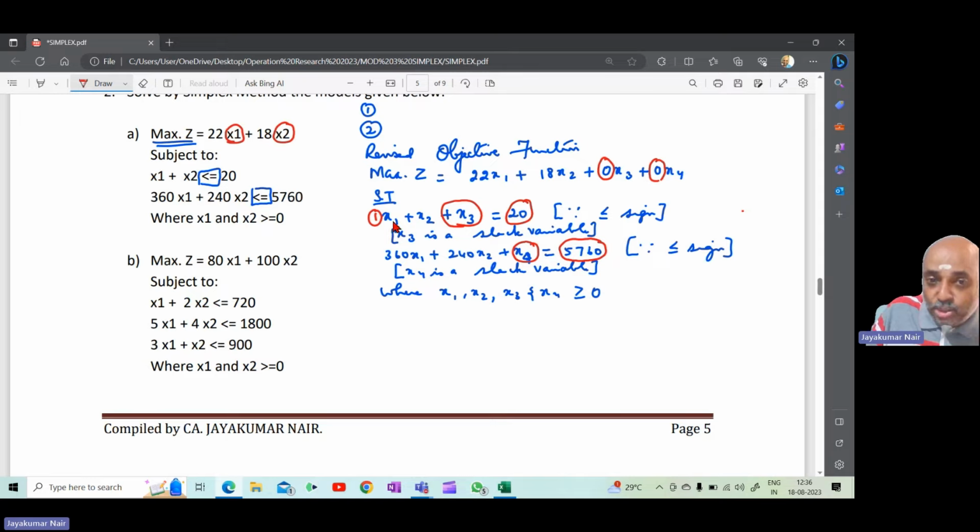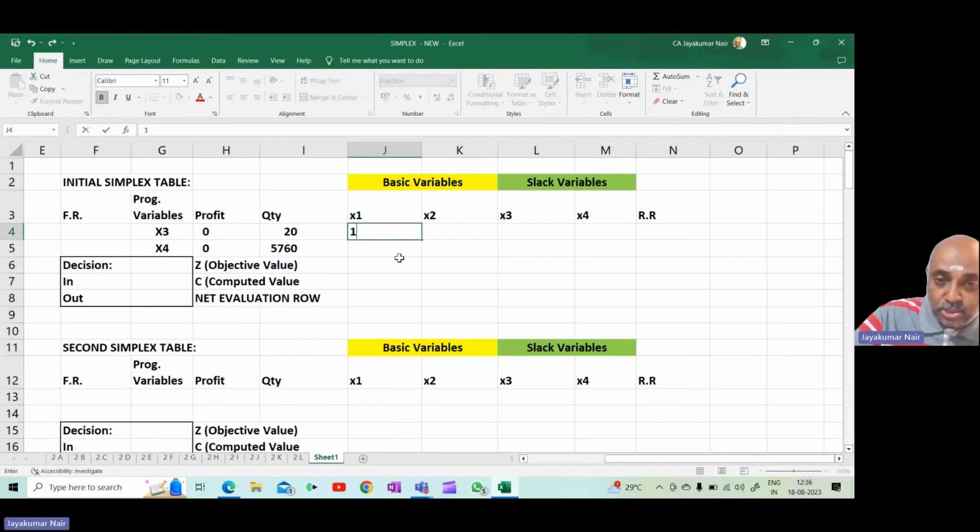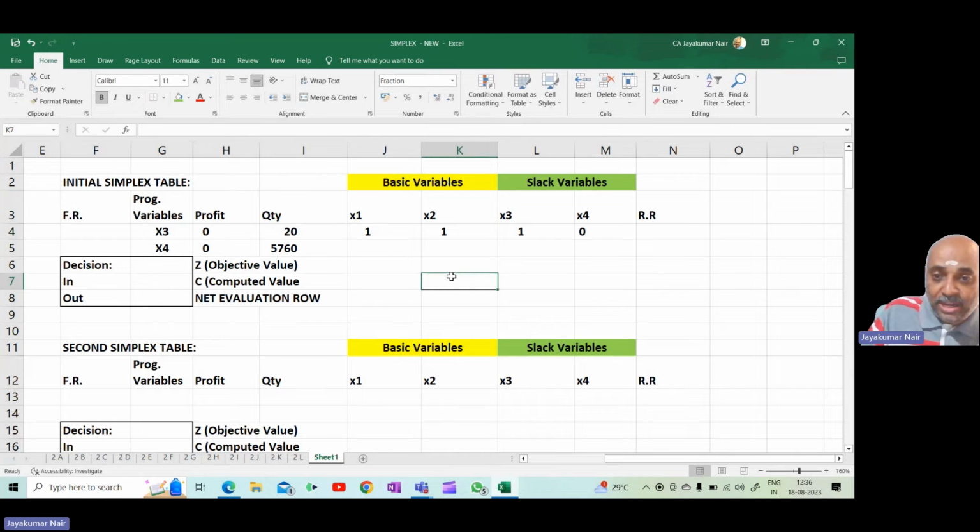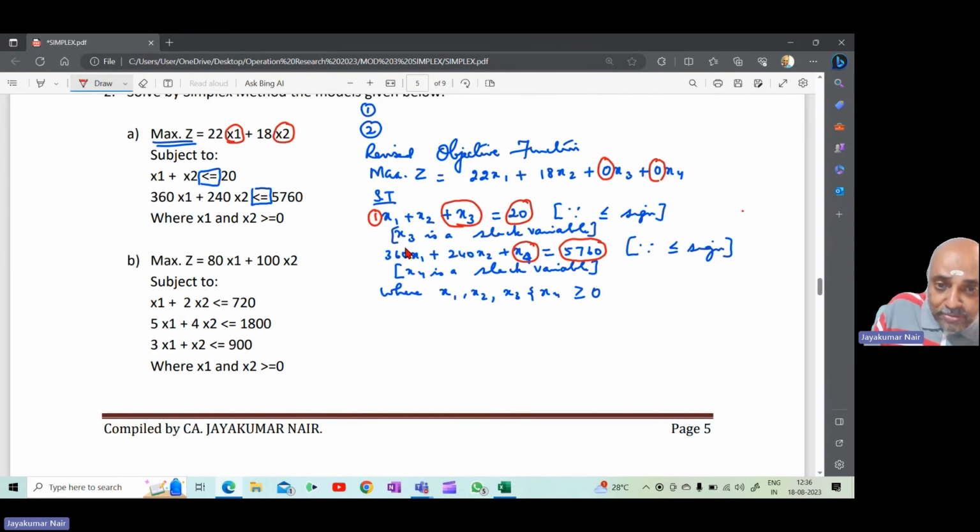So it is 1x1, 1x2 plus 1x3. Therefore, the x1 coefficient is 1, the x2 coefficient is 1, and the x3 coefficient is 1. There is no x4 in the first constraint, therefore I'll write 0. Now, moving on to the second constraint, the coefficient of x1 is 360, x2 is 240,